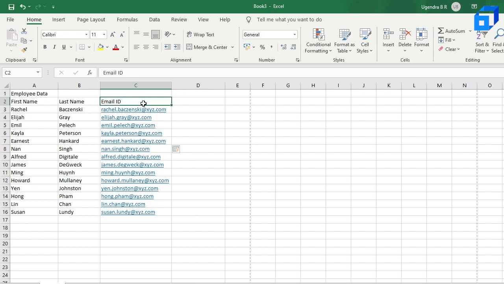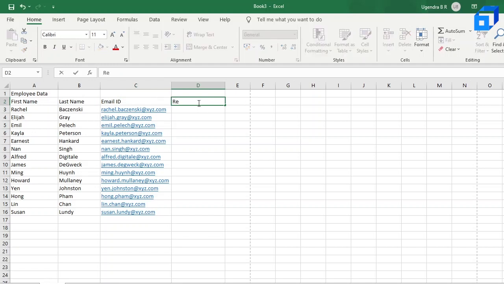Okay, now let us get the other headings. So there's region. Region is nothing but the region where this particular employee is working. And there's items. Items is nothing but which item the person has sold.